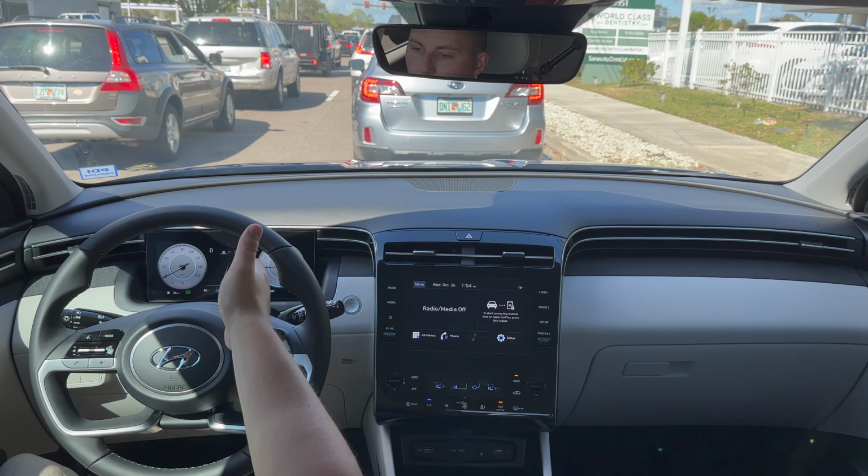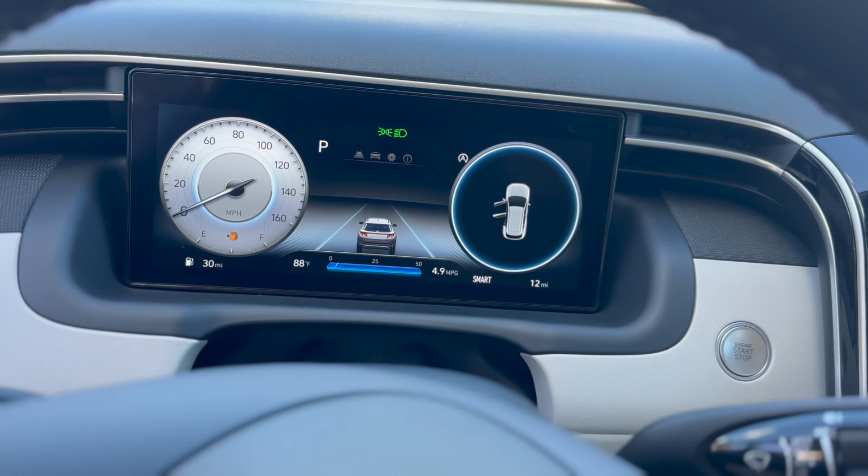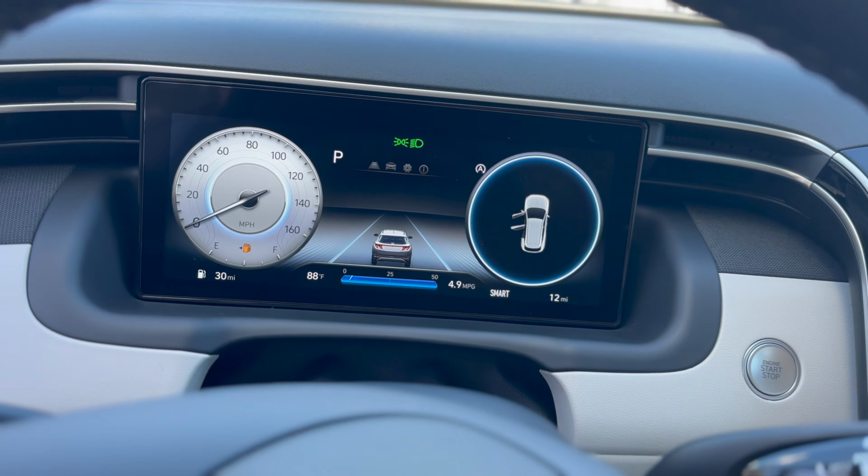I really like that center display. You can really see it nicely through the steering wheel. Doesn't obstruct the view whatsoever. It's nice and clear. I have a little bit of sun glaring on it, but I can see it perfectly fine. There is no need for a cover. It gives you that lower dashboard feel. So if you're a shorter driver, you might appreciate that, so you can see over the steering wheel a little